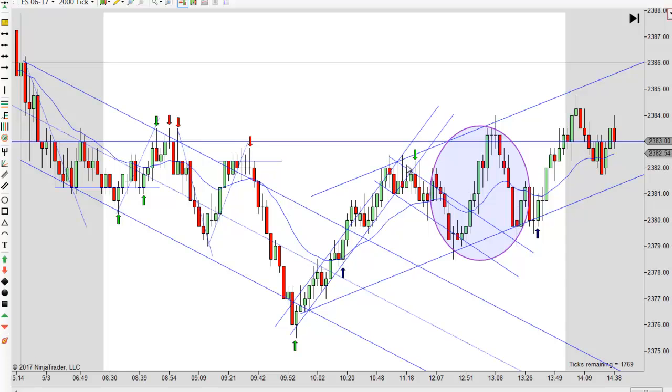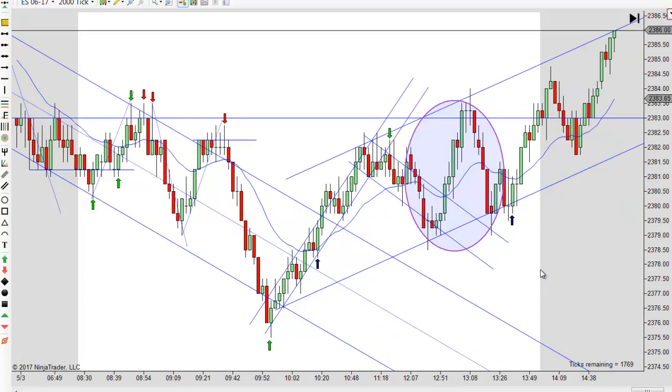So I want to make sure I clarify that, because if you did enter on a 1 tick on the stop right here, then you didn't get a runner. So, and then we're moving up, and then we just kind of start going sideways. This is people starting to think about the